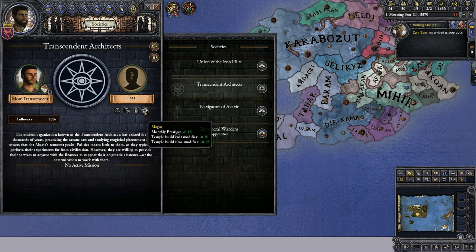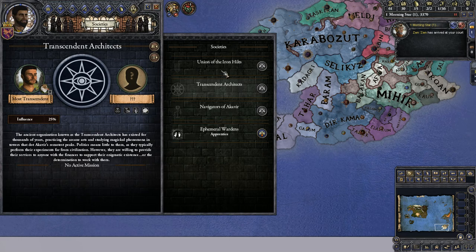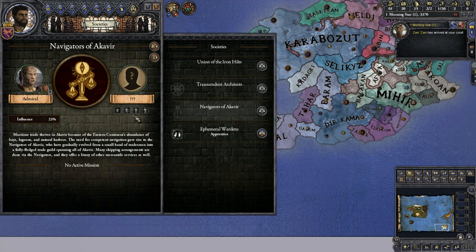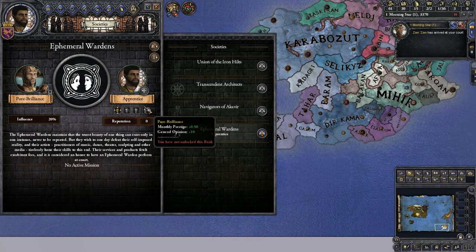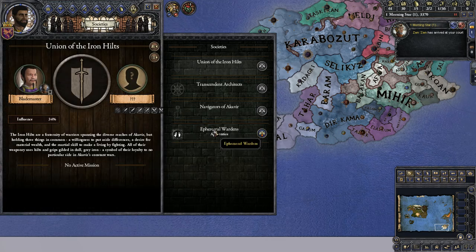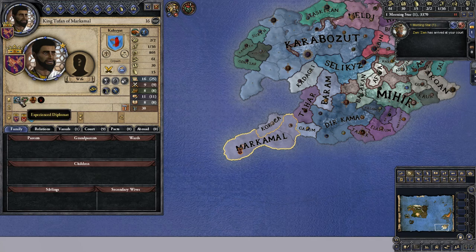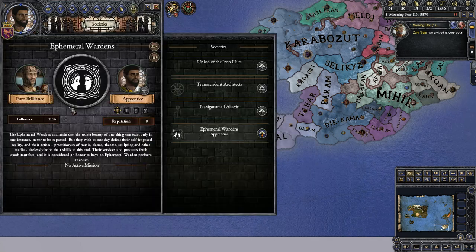In the Transcendent Architects, the more you rank up, the more prestige you get, and then the build time modifier goes down a little more than the Warrior Society. And the Navigators, it's prestige in building, and then you get prestige in general opinion. And the miscellaneous one. So the reason that I actually picked Diplomat,